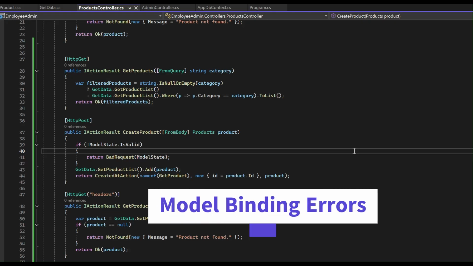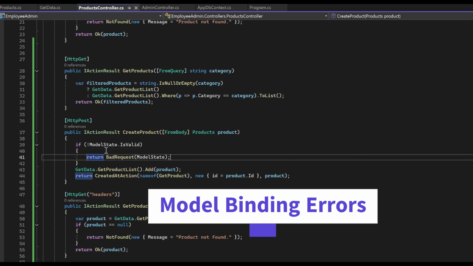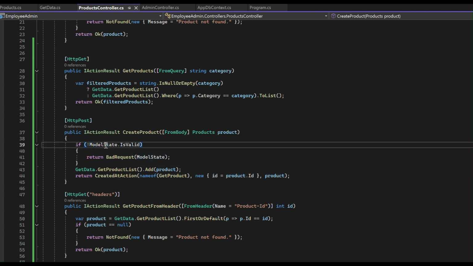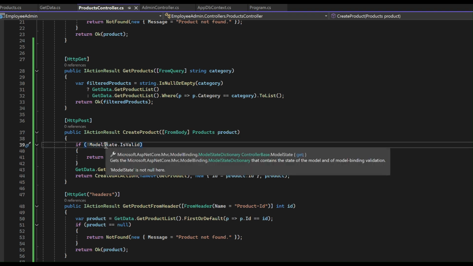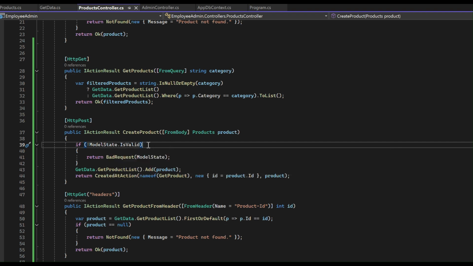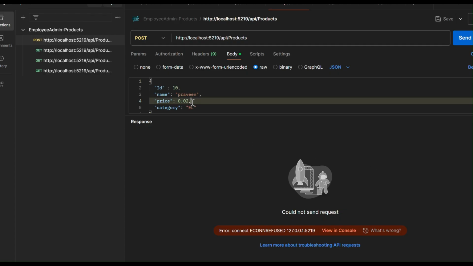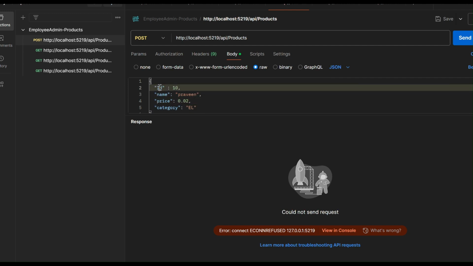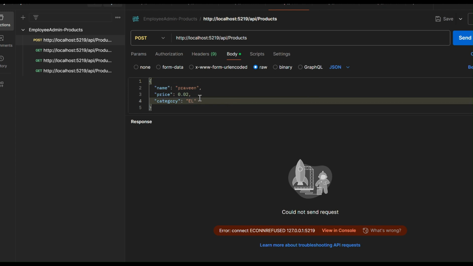Now we'll see the model binding errors. You can see here we'll get the product list. Here we wrote ModelState.IsValid. In ModelState, it will contain the state of the model. Whatever request we get, it will check all the fields in that product. If it is matching, then it will not give an error. Otherwise, it will process. Here, I am passing all the values, all the fields requested for the product, right? If I remove this, consider that they are passing only 3 parameters, but it should be 4. Suppose I send like this,